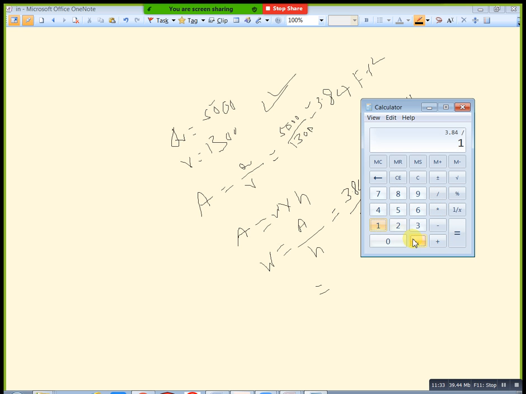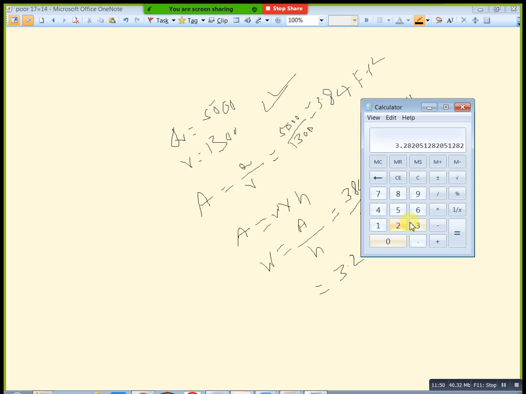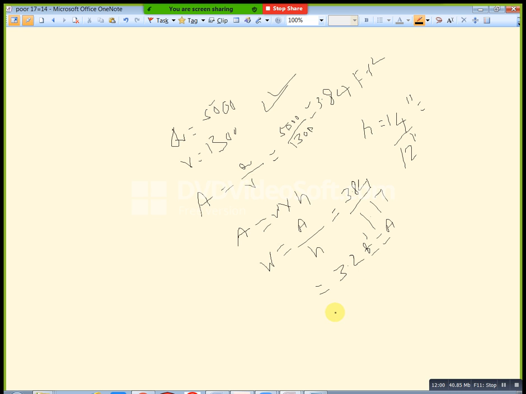How much is our value totally? 3.28 feet. Okay, this feet I need to convert into inches. For that conversion, again go here and apply 12. Why? Because 1 feet is equal to 12 inch, that's why you multiply with 12. Then you will get your inches, 39, which you can say 40. Okay, 40 inch is our width.